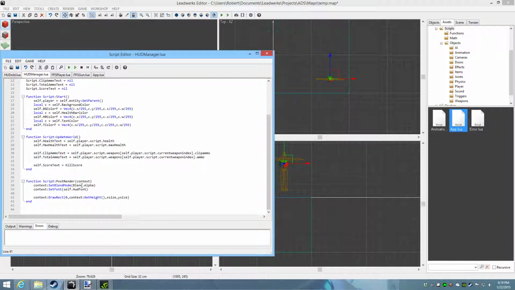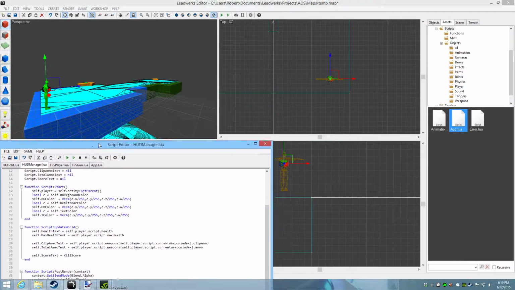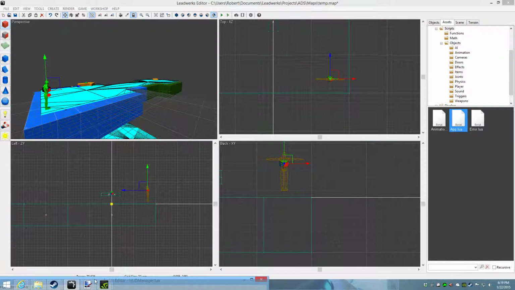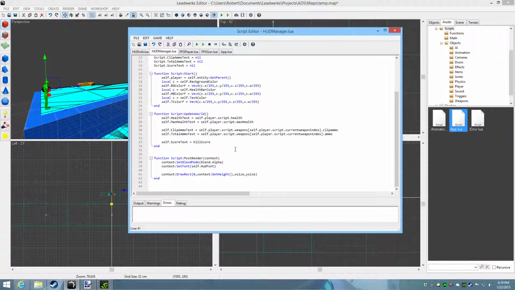And we set the y coordinate to the very bottom of the screen by using get height. What that's going to do is draw it off the screen. So what we're going to do is subtract from that height the